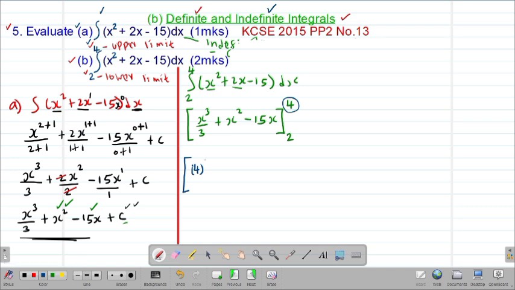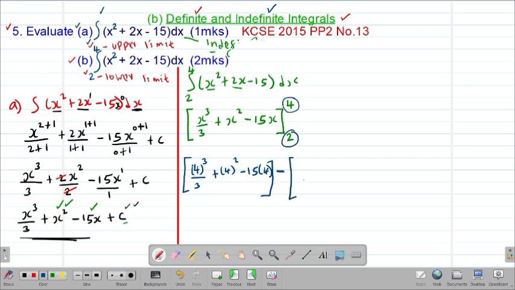So where we have x, we substitute with the 4, then divided by 3, then plus, where there is x, we substitute with 4. This is x squared. Then of course minus 15 into 4. After that, what we are going to do is subtract, then substitute the second limit,